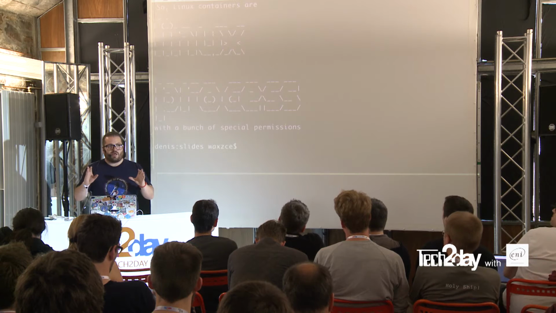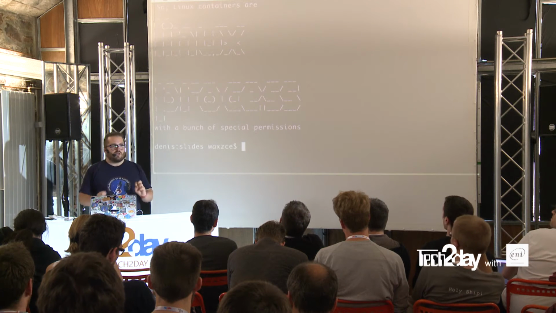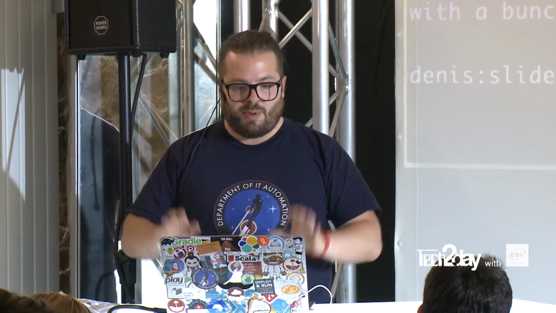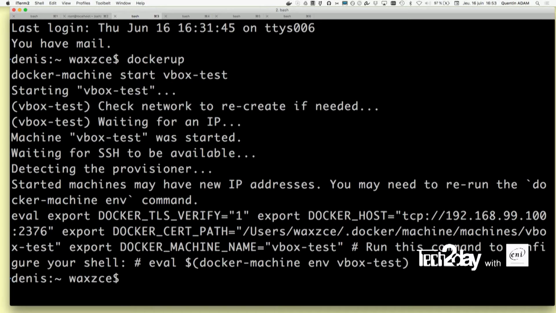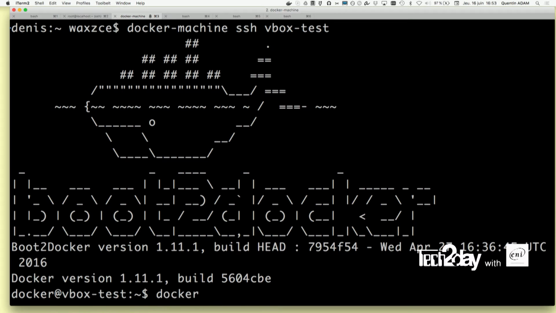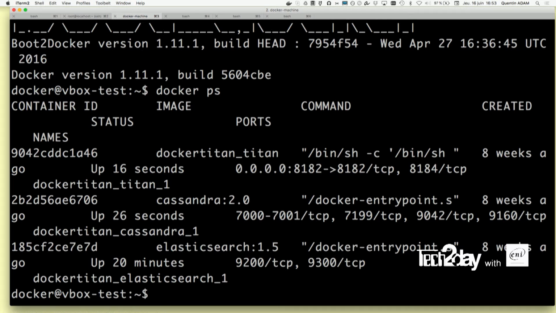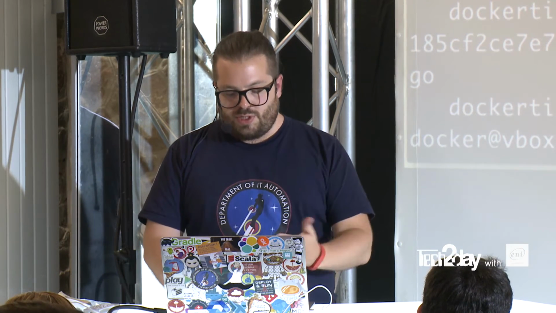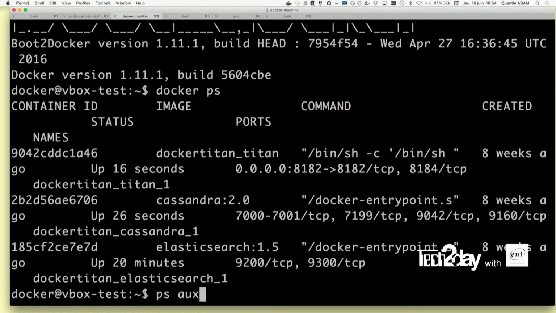So what you need to understand about containers is there is no box, there is no hypervisor, there is no light VM. It's only a Linux process with a bunch of special permissions. If I connect to a Docker machine system, in this Docker machine I have some containers running. These containers are basically a Titan graph database, a Cassandra database, and an Elasticsearch database. And if you look at the whole list of processes running there,